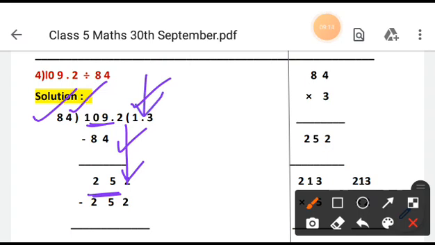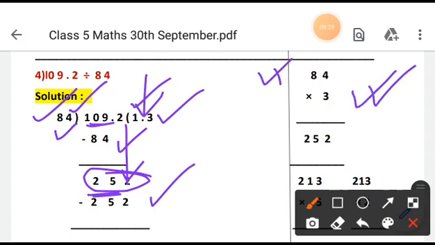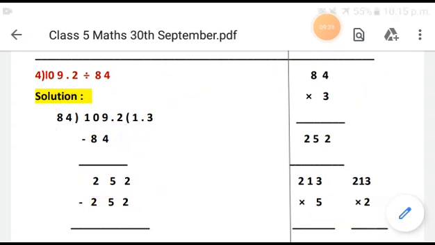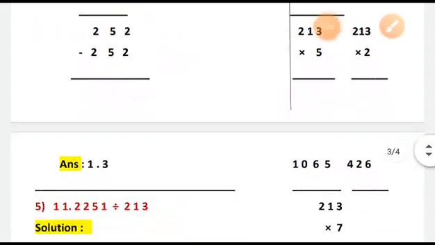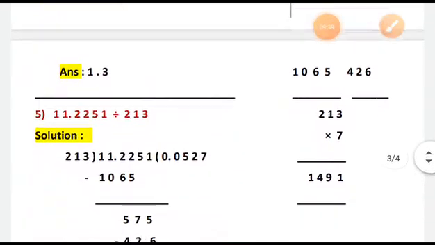Then you are bringing down 2 and you are getting 252. Now multiply 84 into 3, that is 252. Okay, the multiplication has been done in the rough column. You all will also show the rough works in the rough column. So finally no remainder is there. You are getting the quotient as 1.3. You will write the answer 1.3. Next sum,